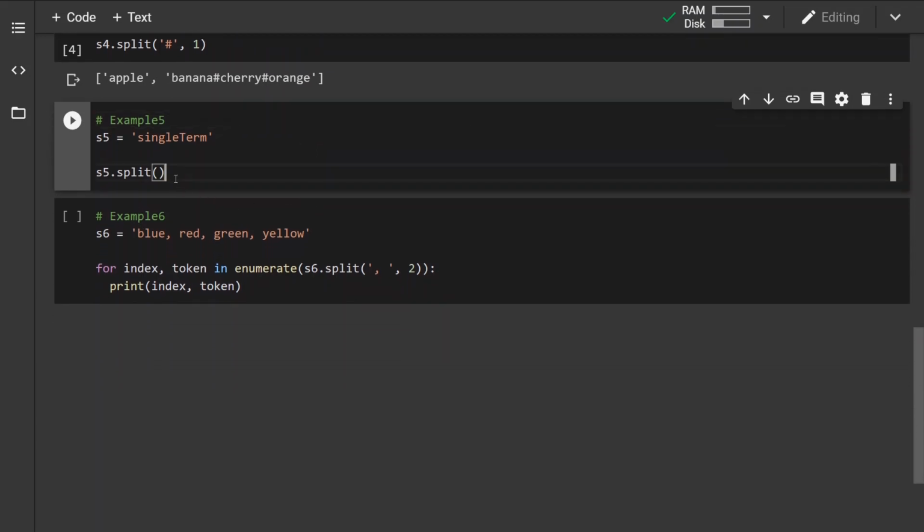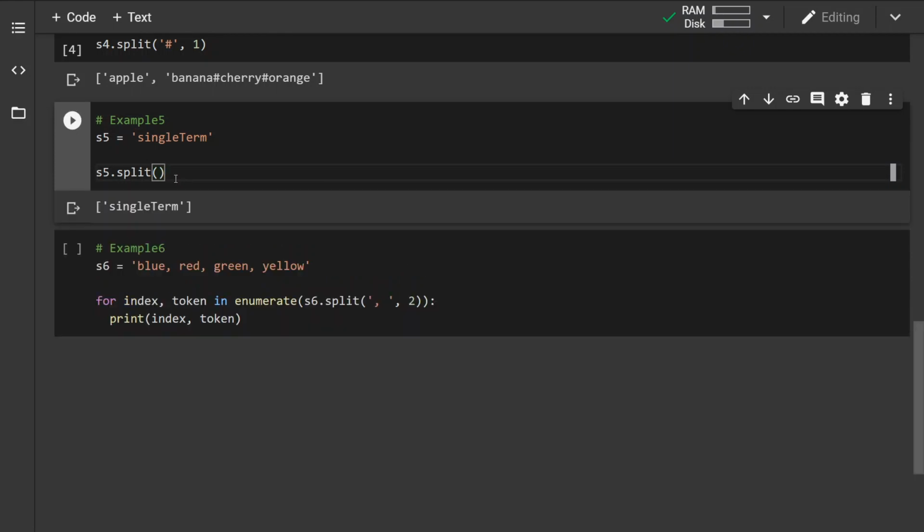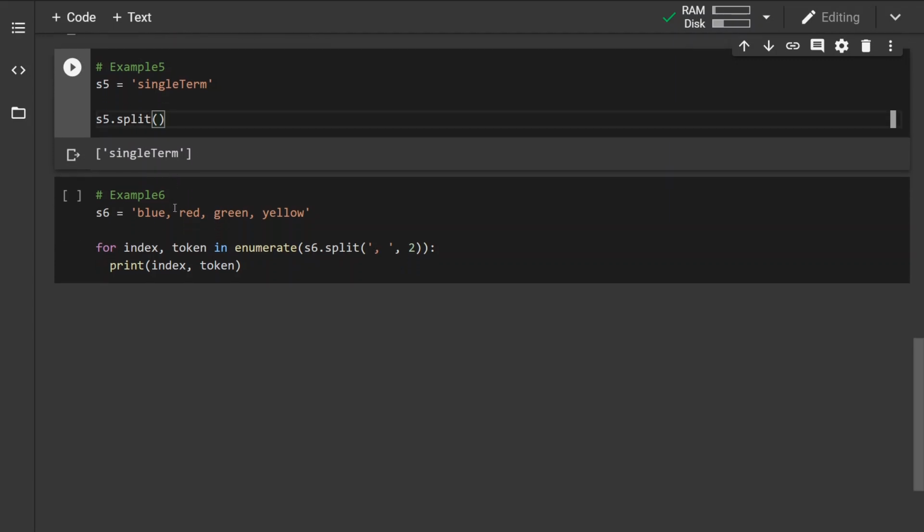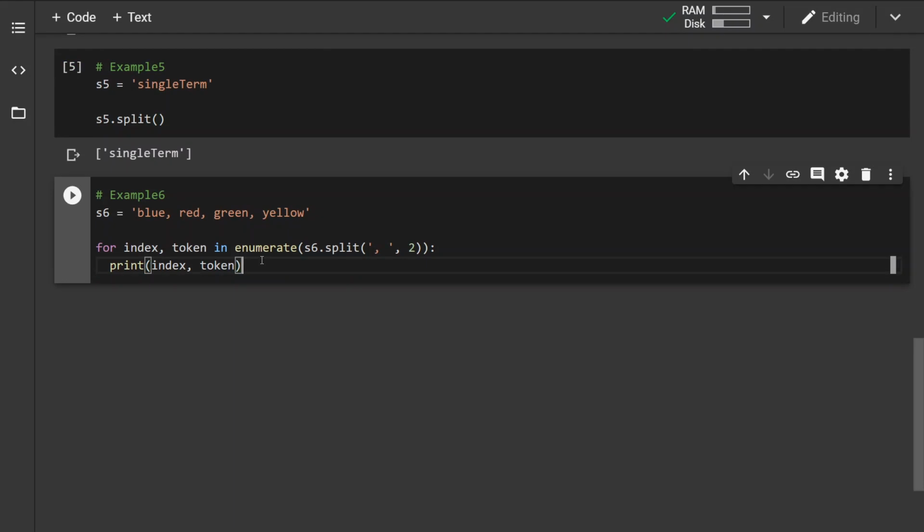Now in this fifth example, I wanted to show you that if there is no token found, if there is no character found, the method will still return a string containing this single term. Now, in this last example,